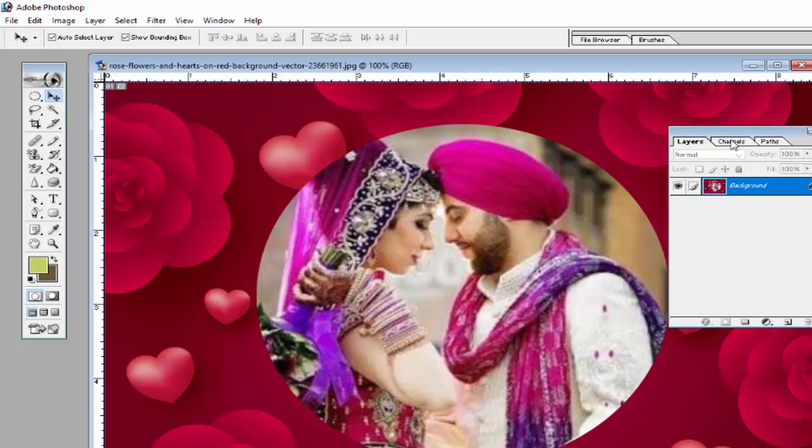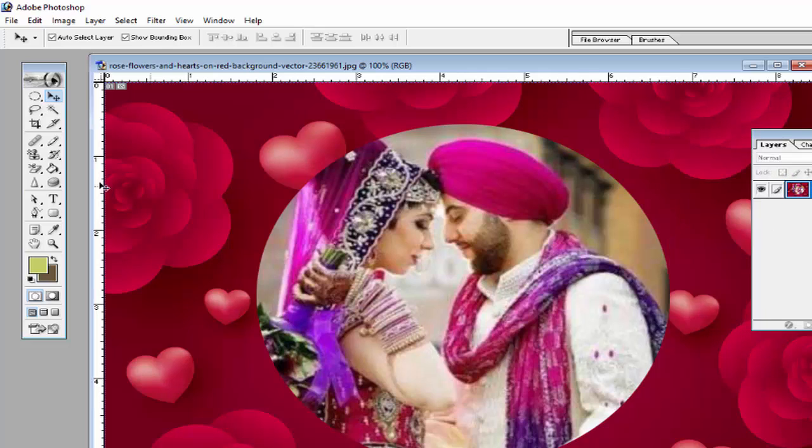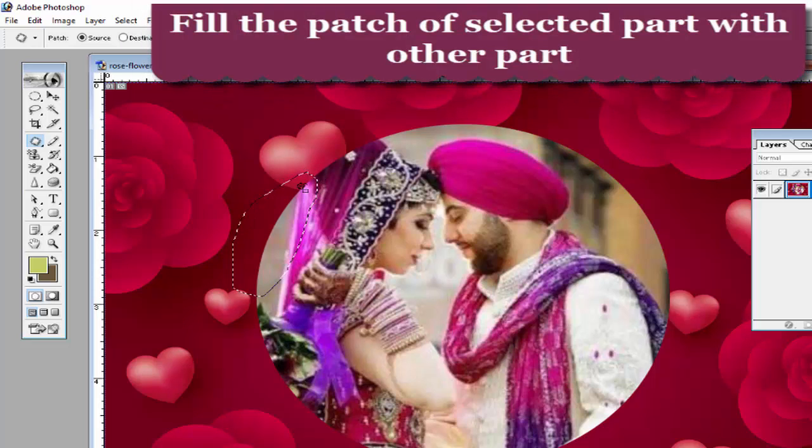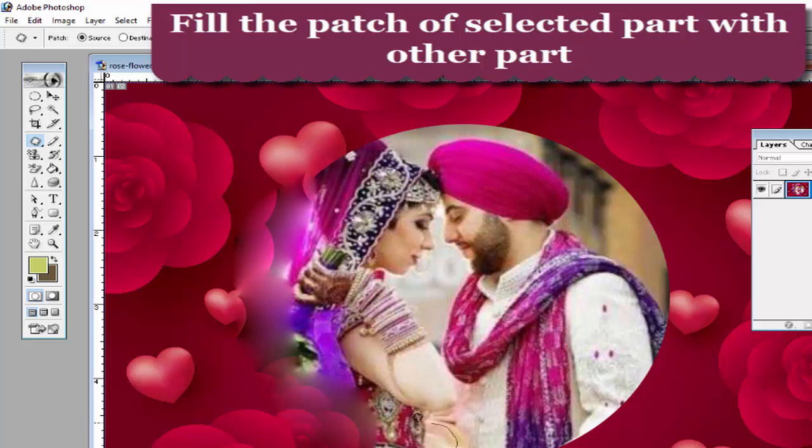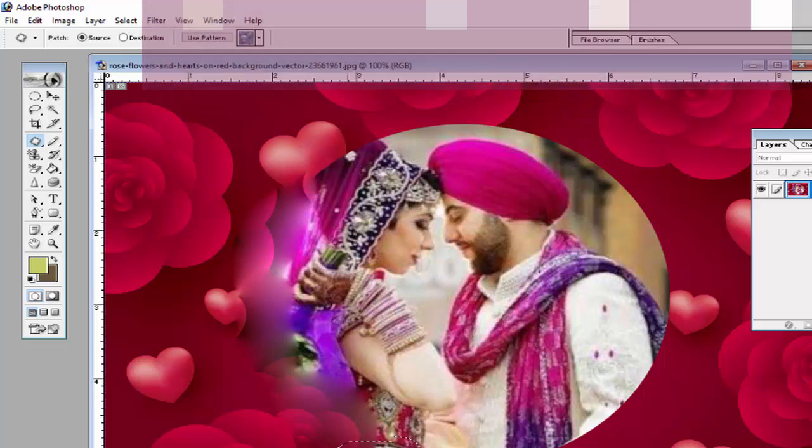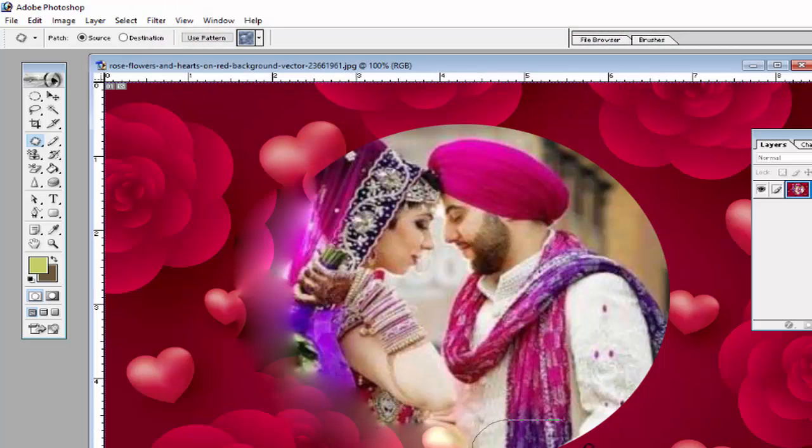It will merge all the layers inserted in this image, all layers will be combined with this option. So after combining this image, we will use the patch tool to mix the image part and background part like this. You can mix the background part with the above image part.